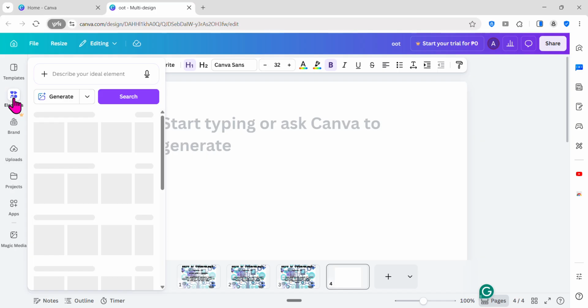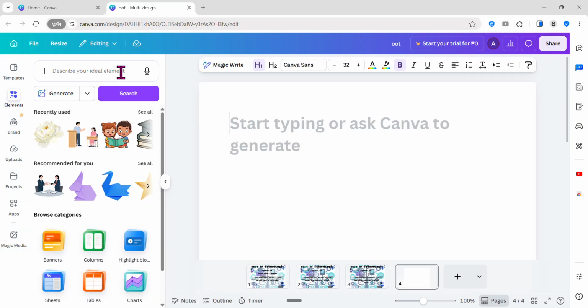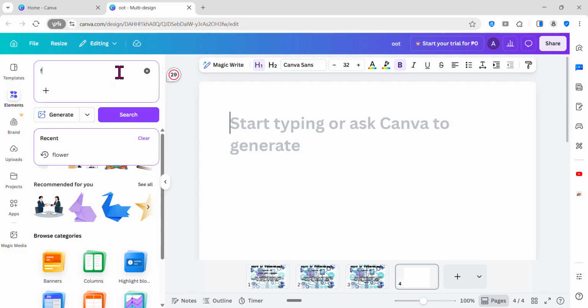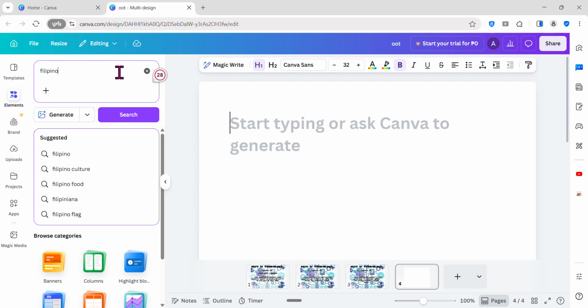Go to elements and describe your ideal element. For example, try Filipino.